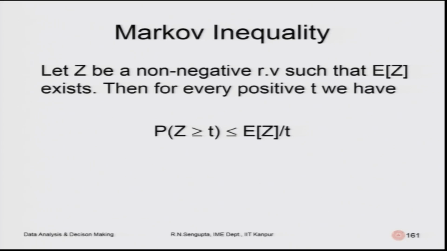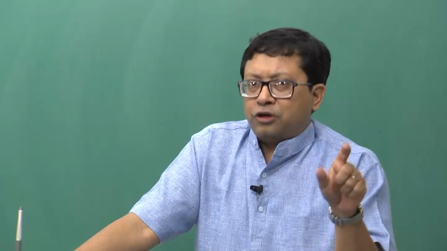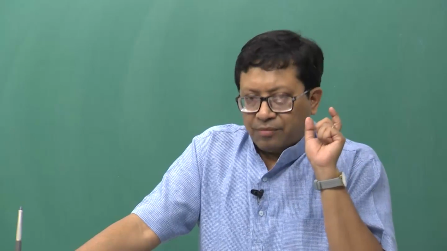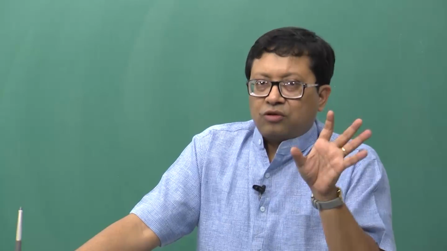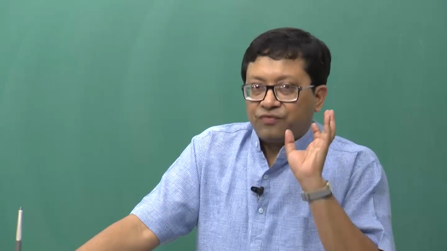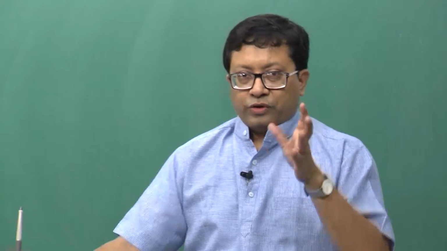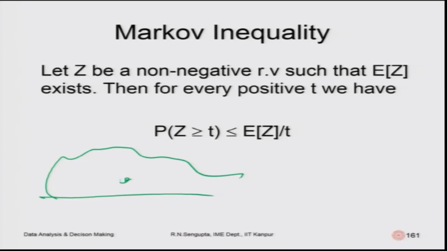So, what we are trying to do is find some bound. Corresponding to a distribution Z which is non-negative, whose first moment exists, we are considering the bound for that particular random variable to be greater than some fixed value t. T is a variable, it can change, but we know beforehand that the probability is less than or equal to the expected value. So, the expected value is basically the center of gravity of the distribution, whatever the distribution is. Consider the distribution is like this and the center of gravity is here. So, center of gravity divided by t.